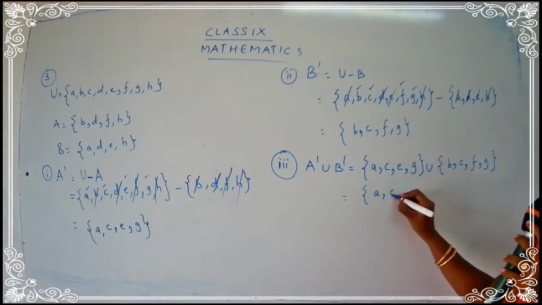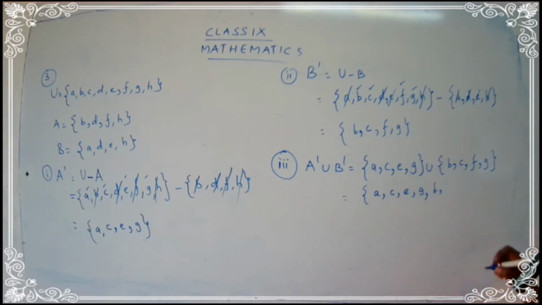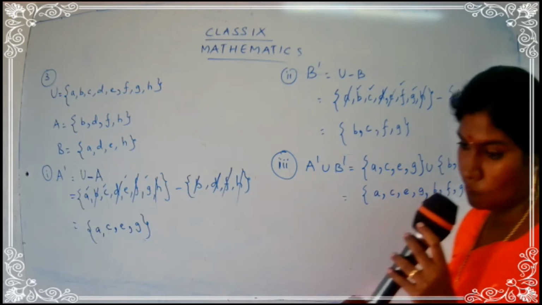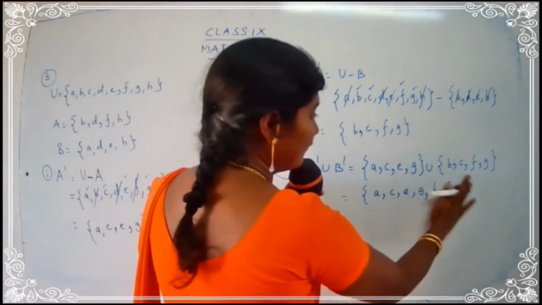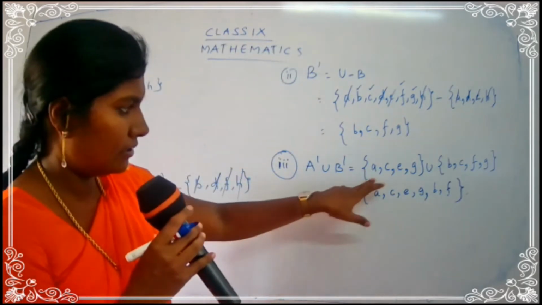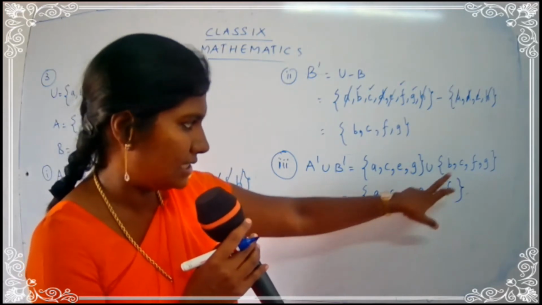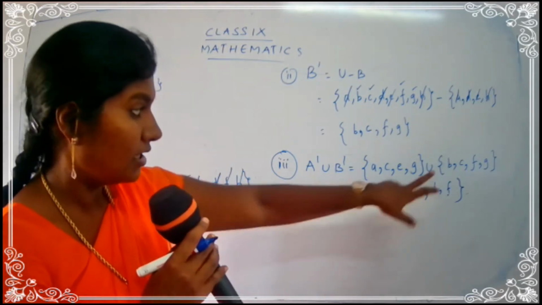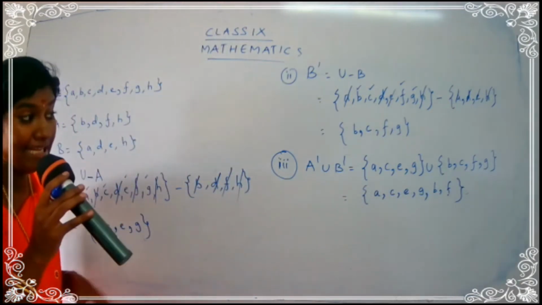A, C, E, G, B. Can I write C? No. Yes, children? So, F. And G, yes, G cannot be written. Already G is taken down. So, be careful when you write the elements. See, A, C, E, G. B is there. B is not here, so I can write B. C is already repeated, so we cannot write C again. G is also repeated, so I cannot write G. Okay, children? So you have to write down A, C, E, G, B, F.